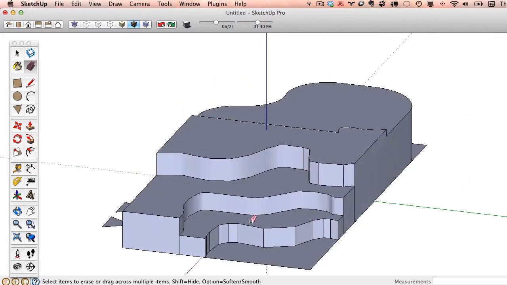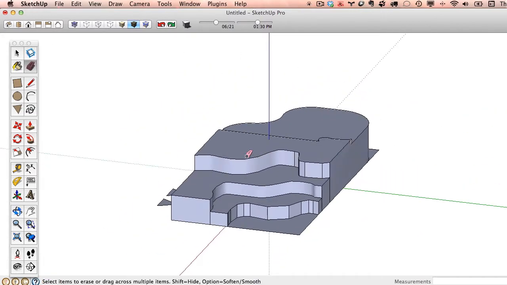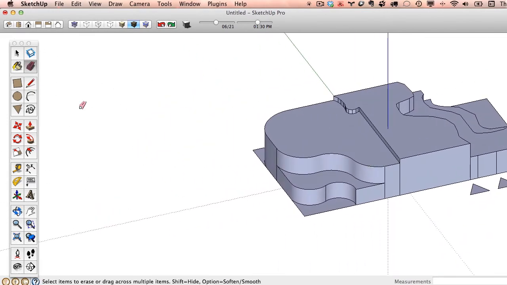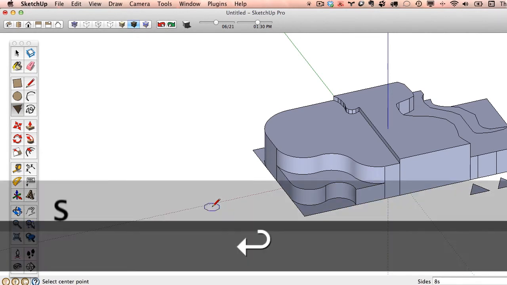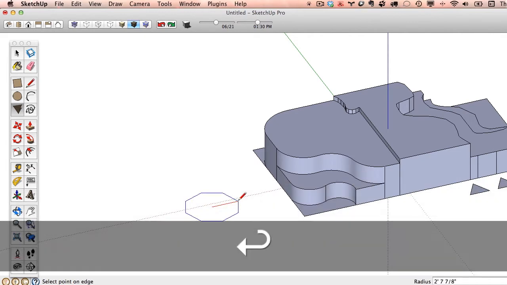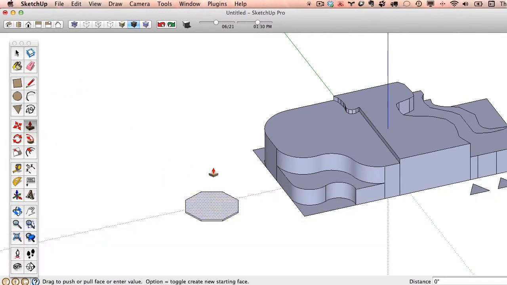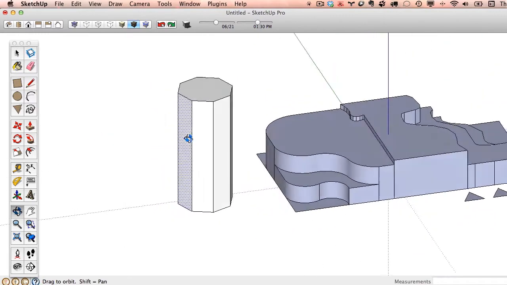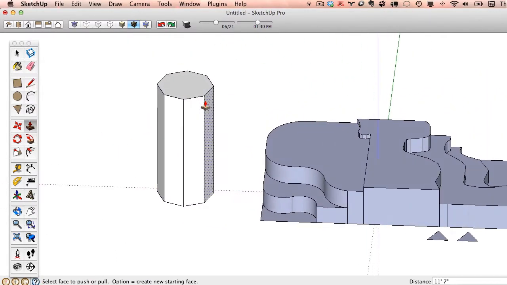So what's the difference between smoothing and hiding? Well, you wouldn't really be able to see it too well with those curves because they're fairly subtle curves. So what I'm going to do is grab my polygon tool and I'll type 8S, hit enter to make that 8 sides, and then I'll pull that up. So I've talked about being very efficient in your modeling. If this was a geo model, we would probably want whatever this is to have the minimum effective amount of